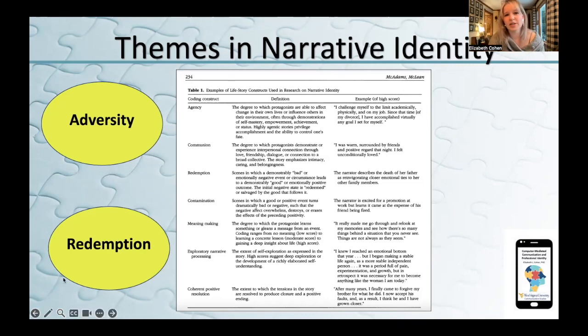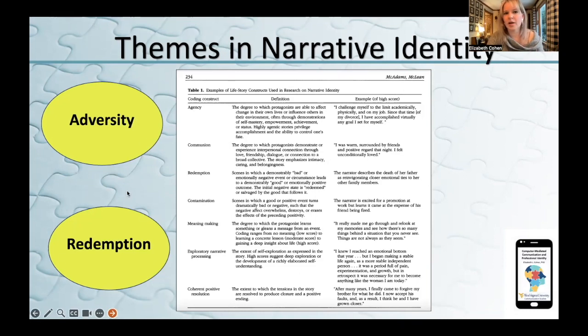The other thing they mention in this reading is that when you study people's narrative identity, you have the adversity, but the other theme is redemption, that people who successfully make sense of their narratives, or let me put it this way, when they have a strong narrative identity, one that is psychologically beneficial,